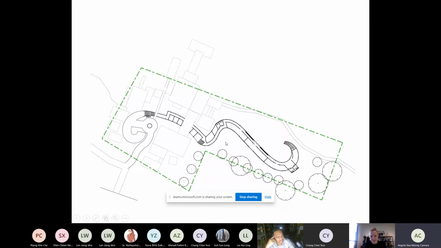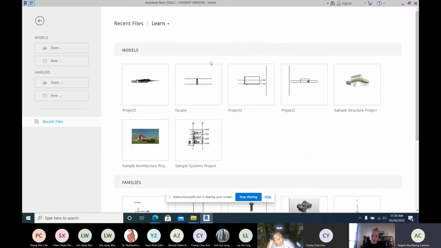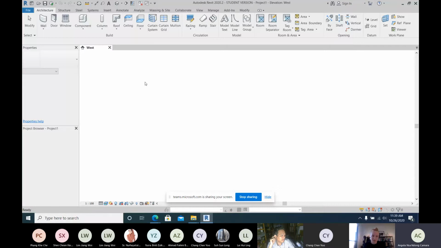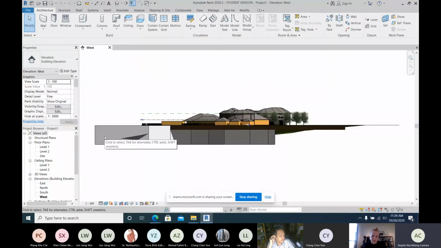Can I, because my laptop is really slowing down, but if it's okay, I would like to share my 3D. So this is the ground floor plan, is it? Yes. Because the drawing is not labeled, so I assume. Let's see if that helps. Okay. Sorry, it's a little bit slow.